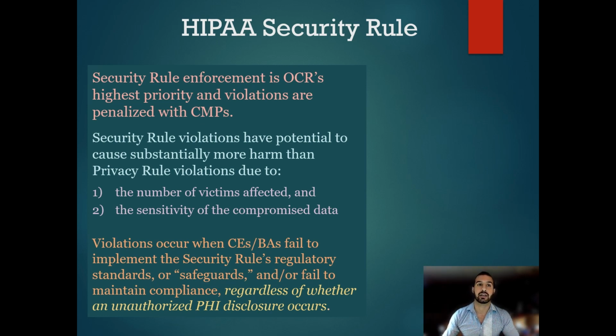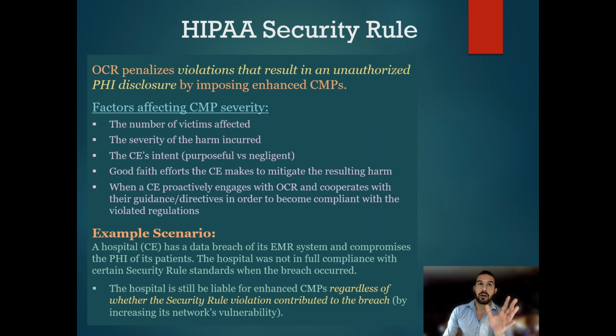However, and we'll see this in the next slide, OCR penalizes violations that result in unauthorized disclosure of PHI by imposing enhanced CMP. So if you violate the security rule by failing to meet the minimum safeguard standards, if it's your first time, you'll likely receive maybe some type of warning or technical assistance, but you'll receive a CMP. But if that negligence, that failure to comply with the security rule regulations, meant you were out of compliance, and while you were out of compliance, there was an unauthorized disclosure of PHI, for example, due to a data breach, you're going to receive much higher fines in the form of CMPs